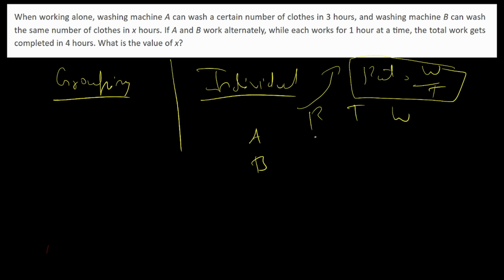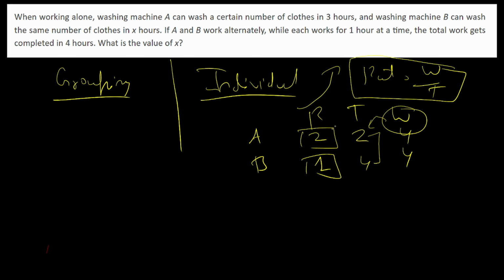Now your rate may not be given in the question, but your time may be given. In case your time is given, let's suppose 2 and 4, you will take the work as the LCM of these, because your work will be the LCM of both when your time has some values. So the work is 4 and 4, and the rate uses the same formula, work upon time: 4 upon 2 is 2, 4 upon 4 is 1. That's how you can complete this table,